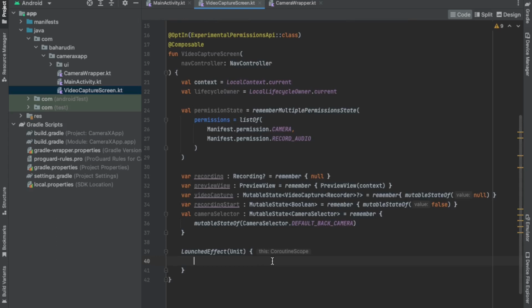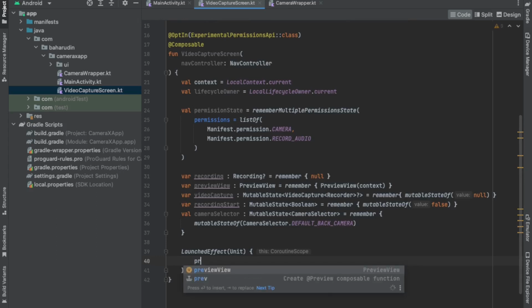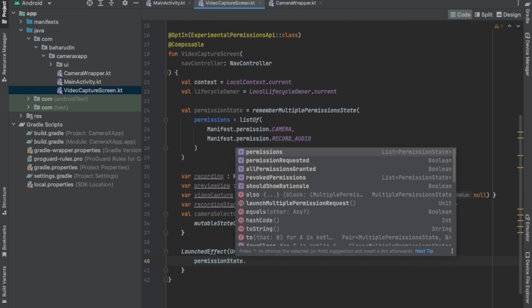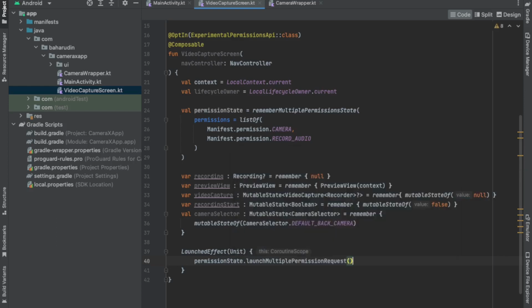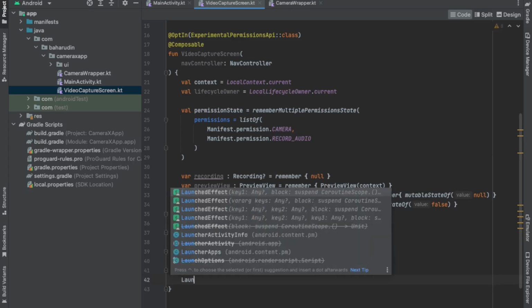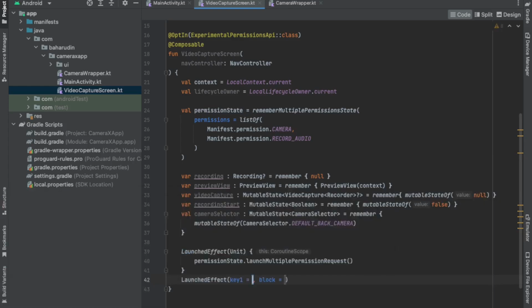In here I will add for the permission state launch multiple permission requests, and add again launch effect, and I will delete. Next I will add in here preview view and add the parentheses, and in here I